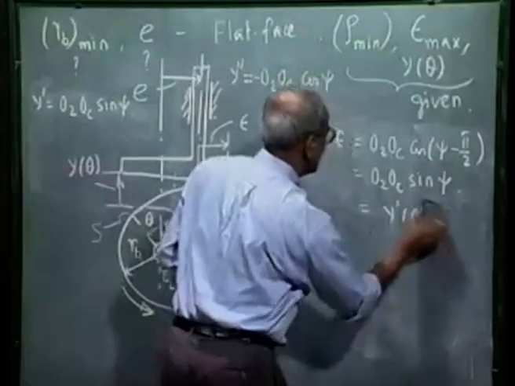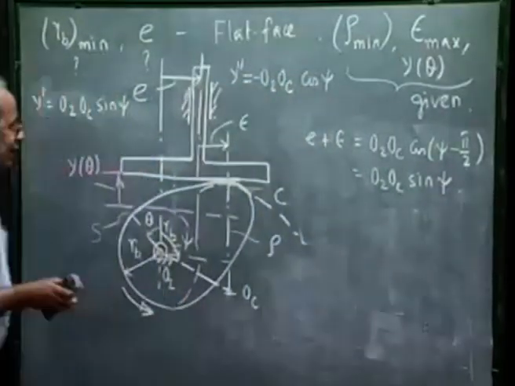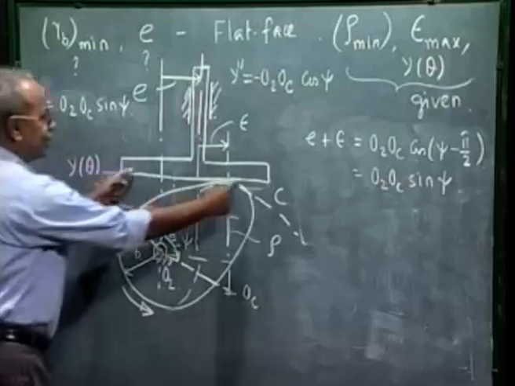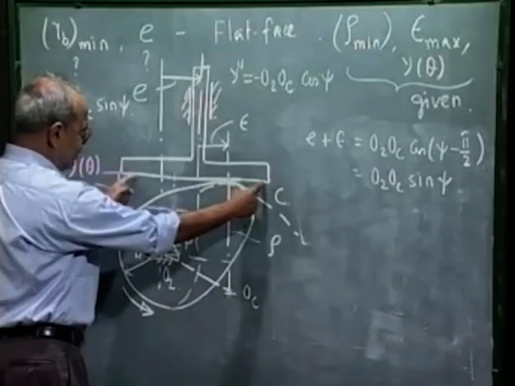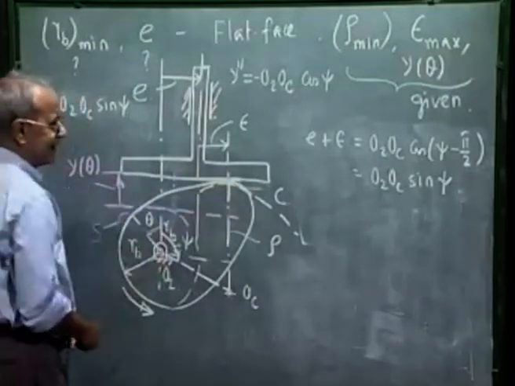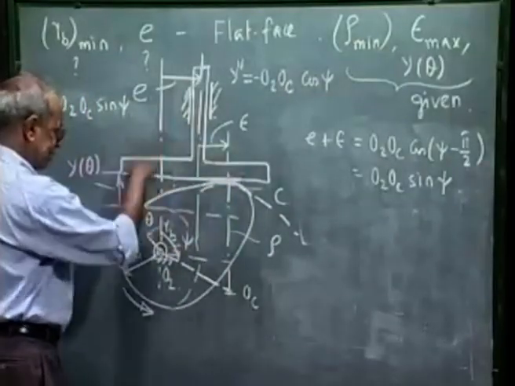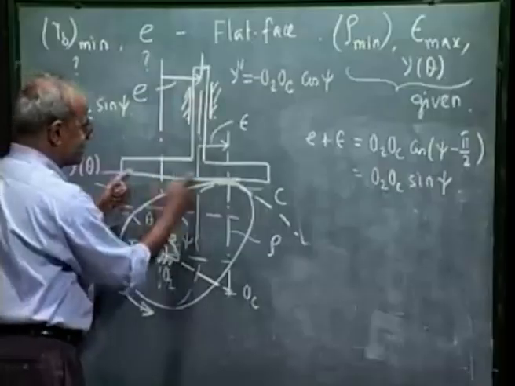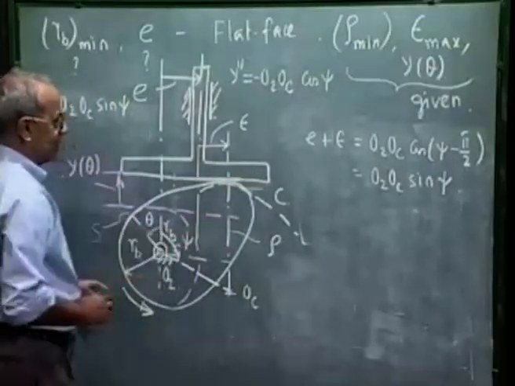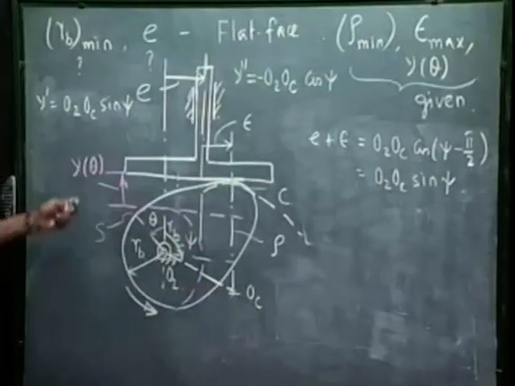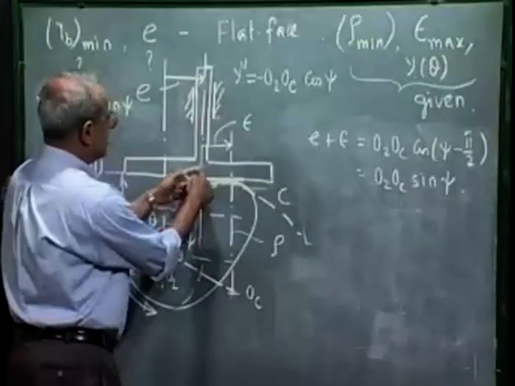From here we can also get the width of the follower, the follower width that is necessary, because as you see the contact point is changing. Right now it is here, in some other instance it may be there. So what is the minimum width of the follower? To do that, as we see, this distance